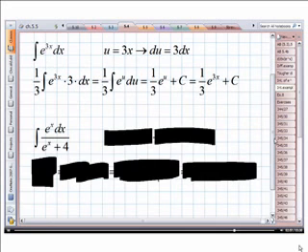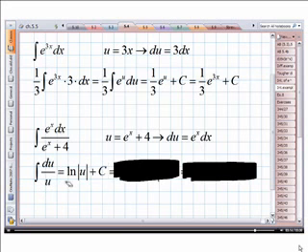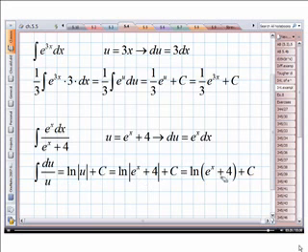Another example, this integral here, you can't divide, you've got 2 different terms in the denominator. So what you can do is let u equal e to the x plus 4, and therefore du is e to the x dx, which is my numerator. So now this integral, when you substitute for u's, becomes du over u, which I can integrate with natural log, so it's ln absolute value of u plus c. I plug back in my u, and the last thing, to make it a little bit more accurate, is e to the x plus 4 will never be negative, and therefore we don't need absolute values, so we can rewrite it as ln of e to the x plus 4, plus c.